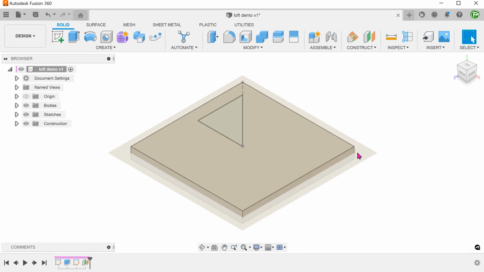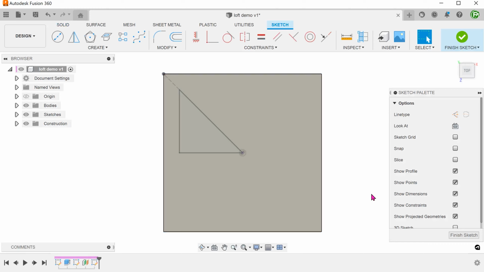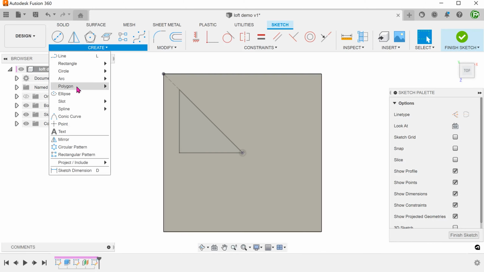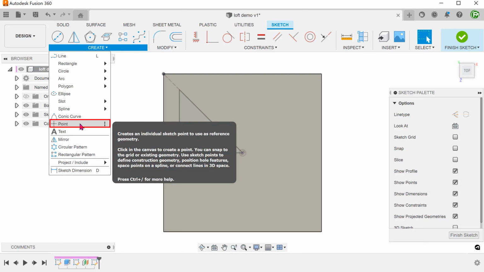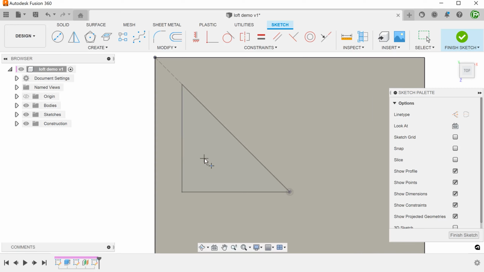Create a sketch on this plane. And put down a point within the triangle where you want the lines to converge. You are free to dimension this point.